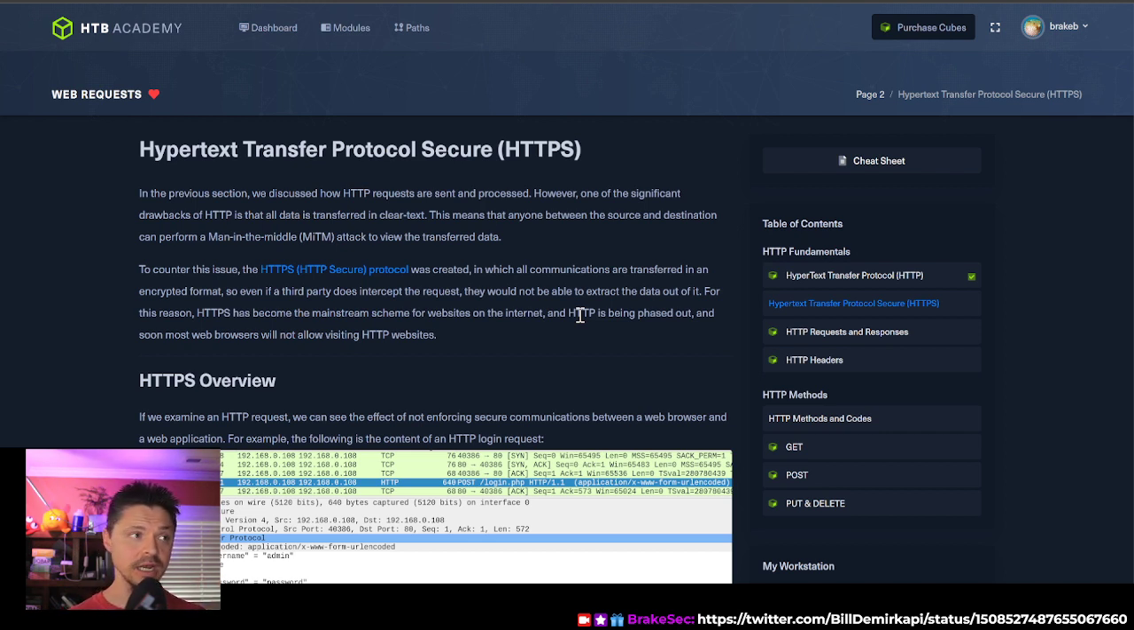intercept the connections, kind of like how we do with Burp. Burp is a thing in the middle of the connection that either simulates or modifies or allows you to do something in the middle of the connection to break a trust in this case. So to counter this issue, HTTPS protocol was created in which all communications are transferred in an encrypted format. So even if a third party does intercept the request, they would not be able to extract data out of it. For this reason, HTTPS has become